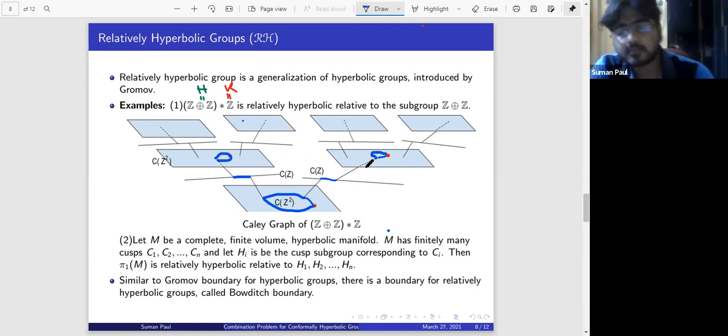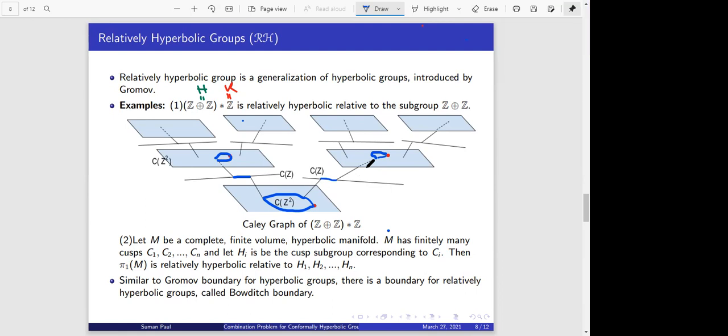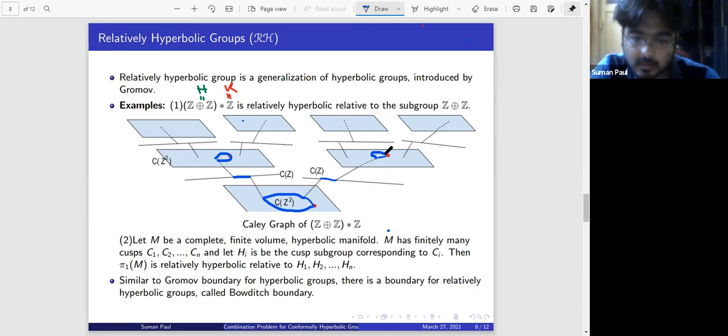So now you know that these planes are hyperbolic. So it is delta slim. These bigons, this is also delta slim. This is also delta slim. That's why the union has to be a delta slim triangle. Right. So that's why after constructing that thing, the space will be hyperbolic.